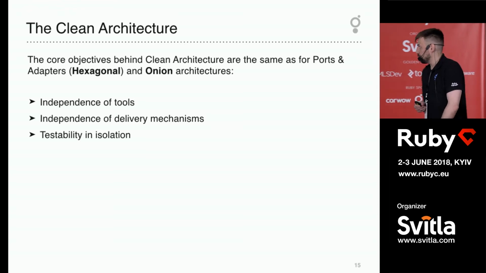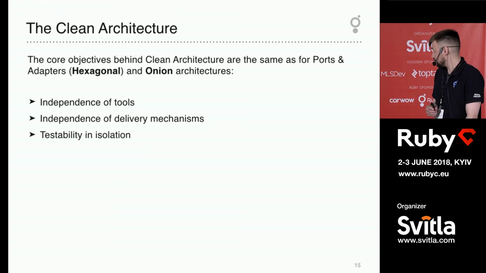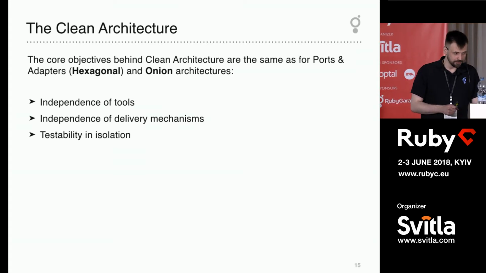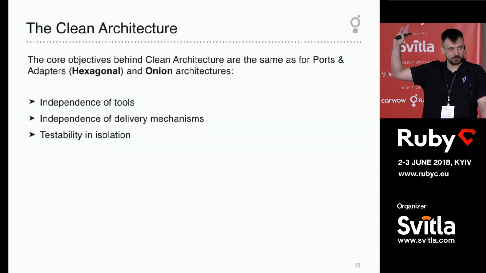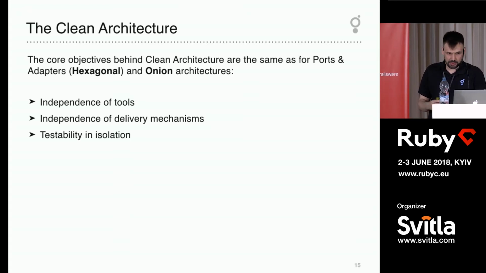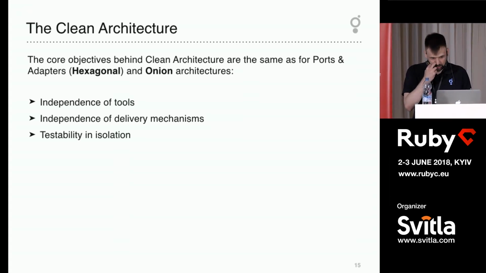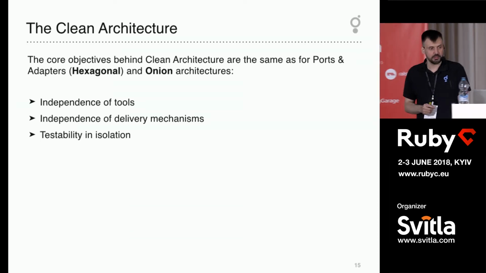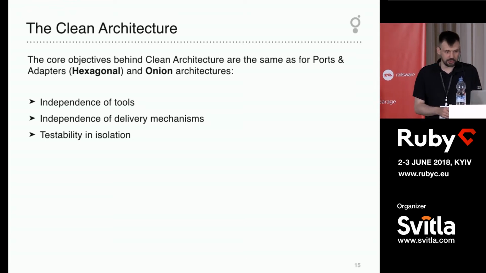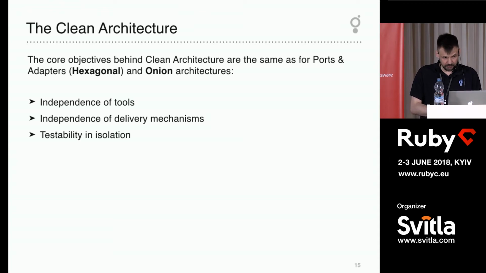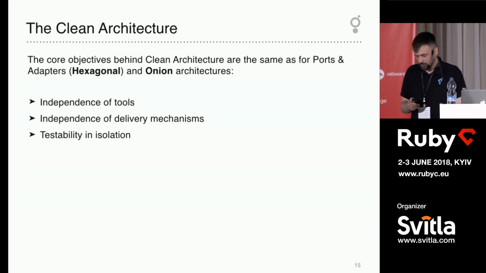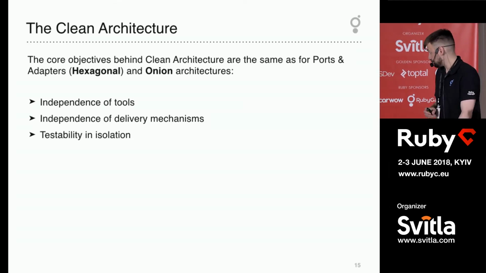And on top of Monolith First, we want to try the clean architecture approach. Maybe someone heard about it before? Okay. So, a quick introduction. The main goal of this kind of architecture is to be independent of any tools, independent of the delivery mechanism, with stability and total isolation around business logic.